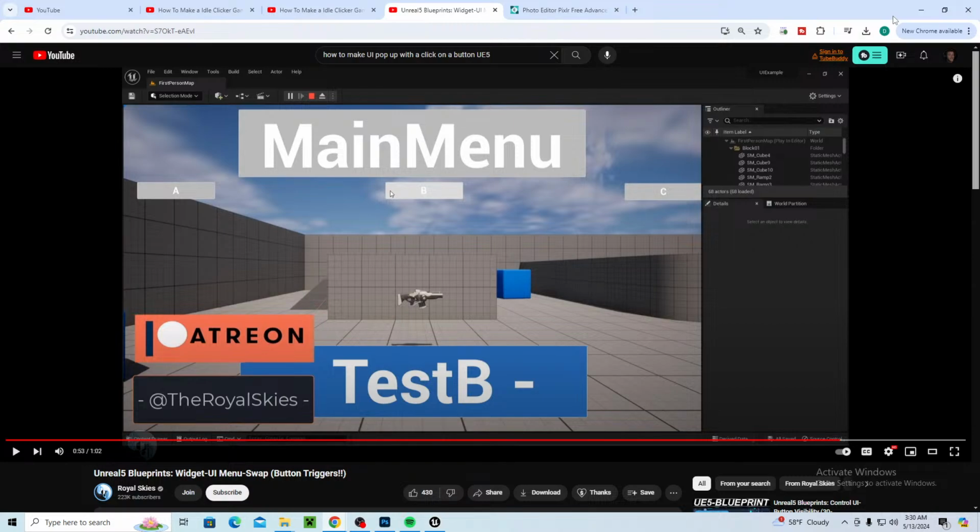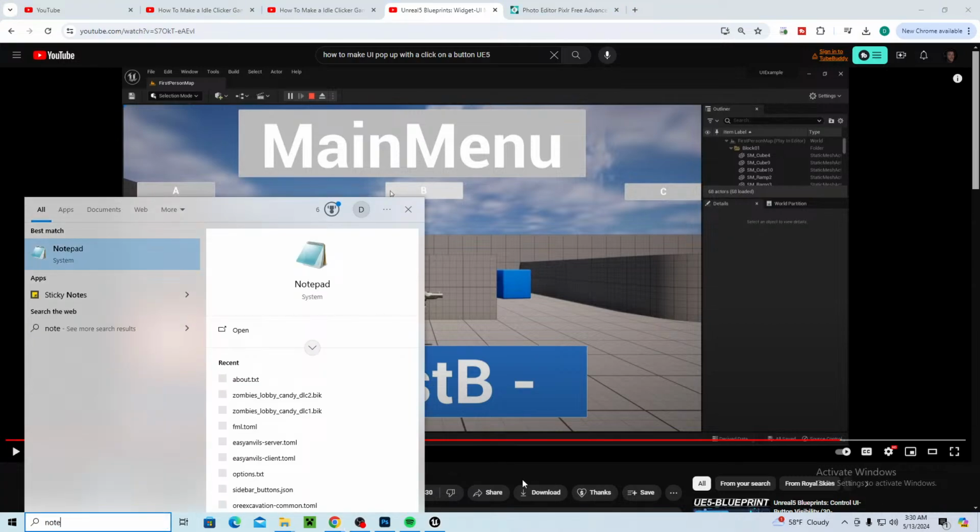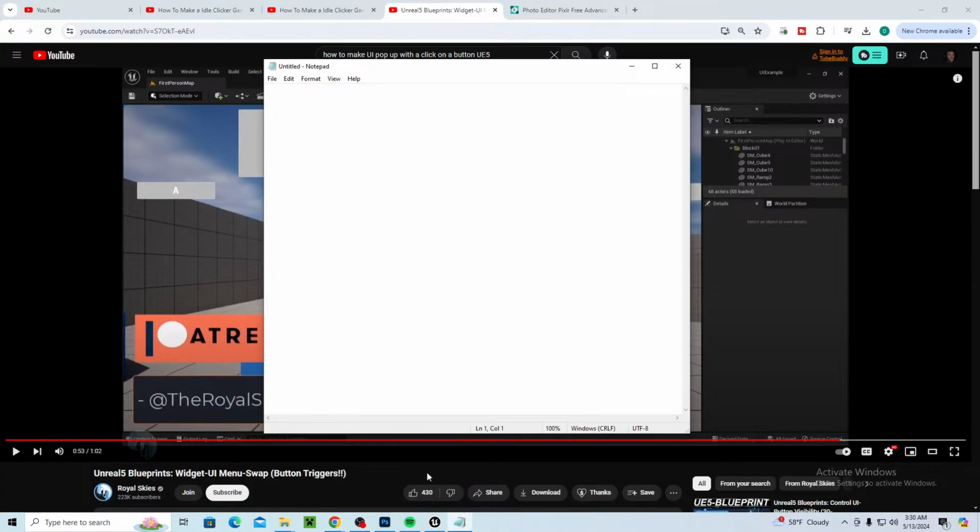Because I'm trying to think about this here, so just get a notepad out or something. So let's say we want them to click button, shop opens, UI, other buttons are shown, purchase,